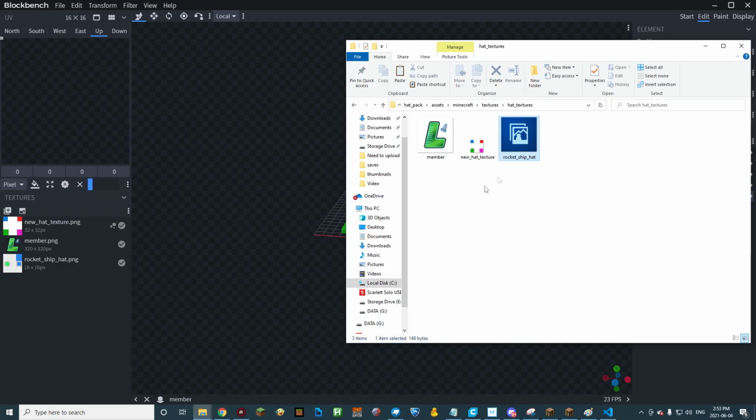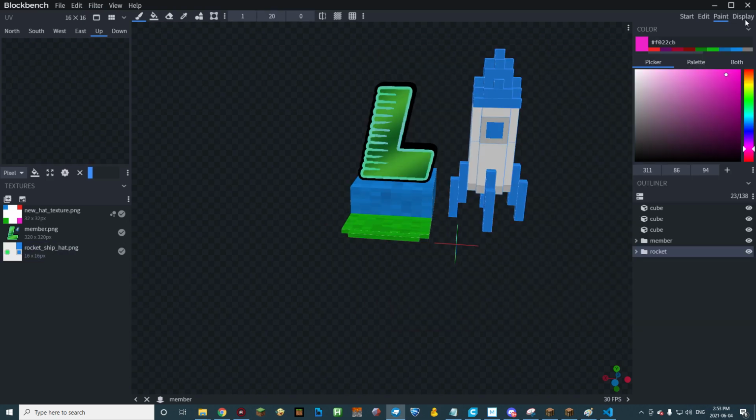And we're going to paste that right there. Now, just to make sure that the actual location has changed, I'm going to grab this hat texture and just place it right there. That will change the location that Blockbench is actually taking this texture file from. If I decide to, you know, paint a nice looking